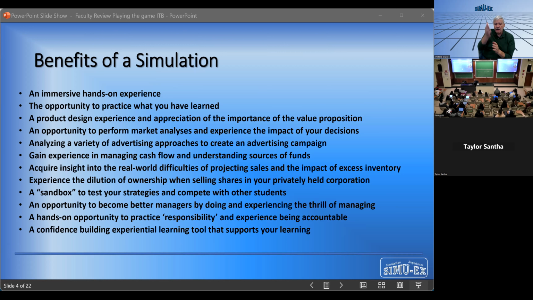And as you can see, you'll see all of this information on there, so rather than go through it line by line, basically, it gives you a sandbox. And the sandbox allows you to experiment. And we have 4 quarters in which we are able to experiment in our simulation. Here are some of the concepts that are emulated in the simulation itself.